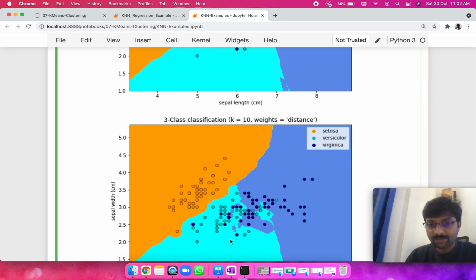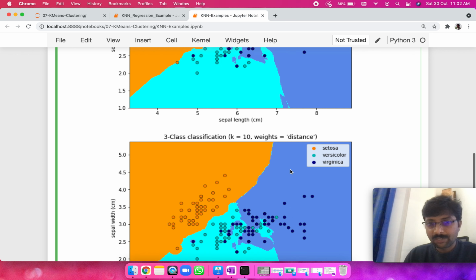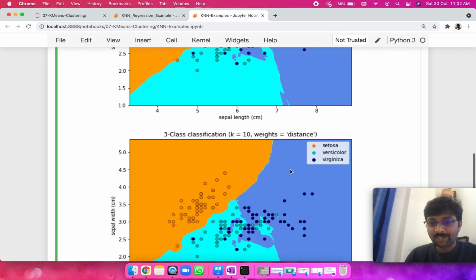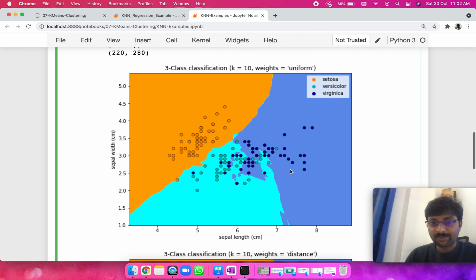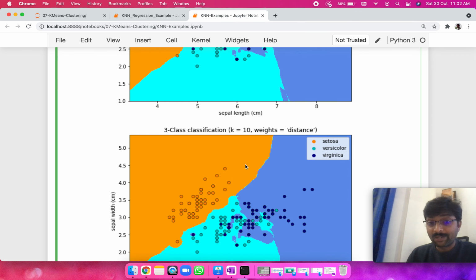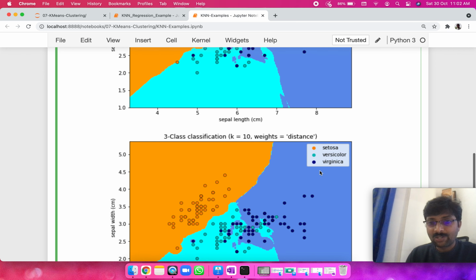I think that's by nature of our distribution of data, but we definitely have a good amount of overlaps in both the samples. But otherwise, I think broadly they are matching in 80 to 90% of the scenarios. But there are some differences, right? So depending upon our data distribution, sometimes uniform does well, and sometimes distance does well, especially when our data is really sparsely distributed, right?